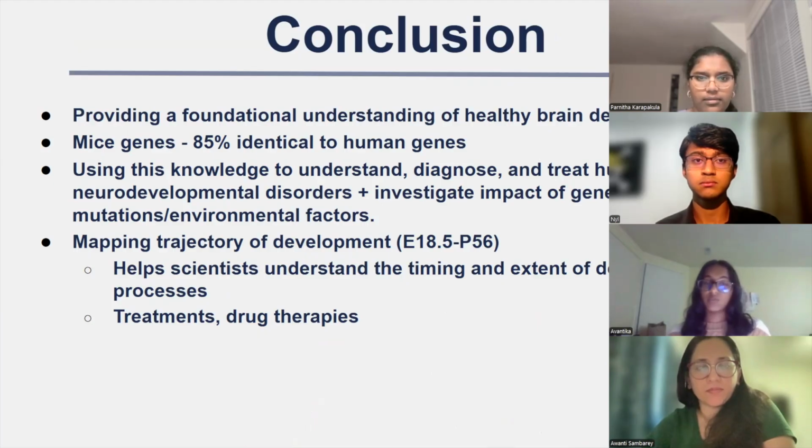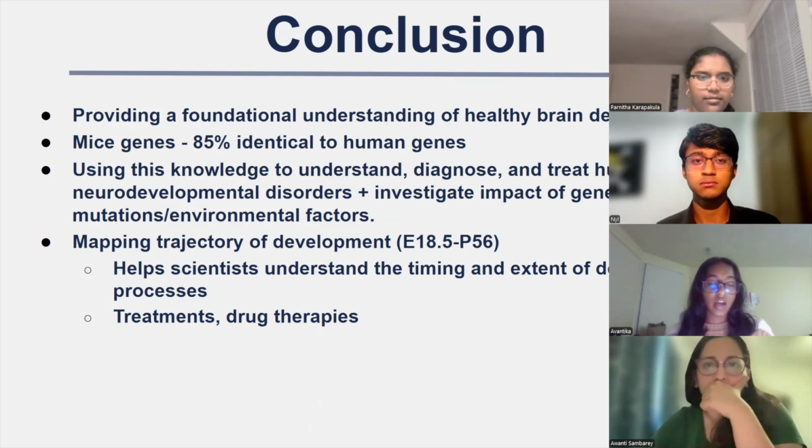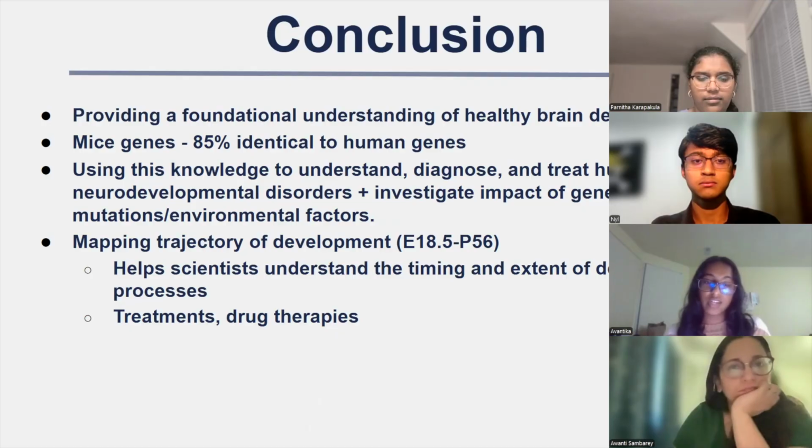So this is where we come to our conclusion, why it's important that we study mouse brains. First of all, studying mouse brains is both an ethical and proficient way to provide a foundational understanding of healthy brain development. We specifically use mice because mice genes are around 85% identical to human genes, and their brain structures are very similar to ours. By using this knowledge, we can understand, diagnose, and treat human neurodevelopmental disorders and investigate the impact of genetic mutations and environmental factors. By mapping the trajectory of development between the embryonic stage 18.5 and postnatal day 56, this can